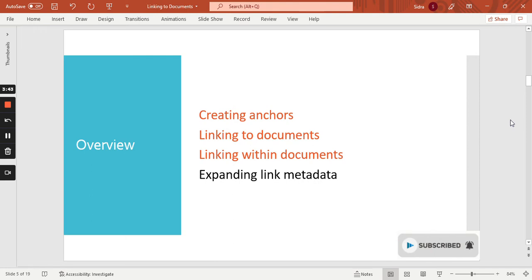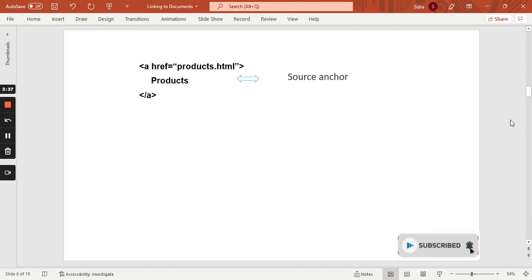A link is just another HTML element. We use the a tag, or anchor, in order to identify that we are creating either the source or target of a link. In this first example, you can see we have an anchor tag with an href attribute, or a hypertext reference, where we are indicating that the content inside of this anchor is a clickable link that's going to navigate the browser to the target, or the href. In this case, we are saying if you click on the text of products,